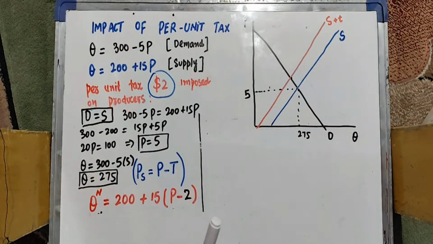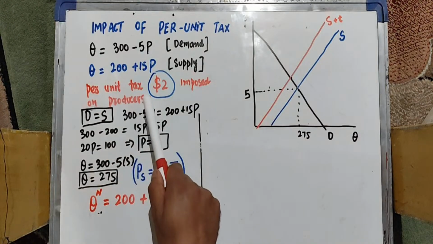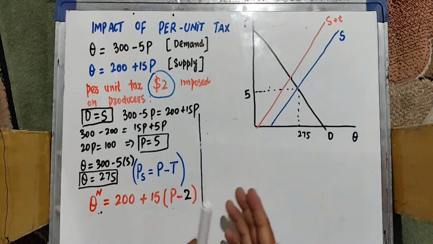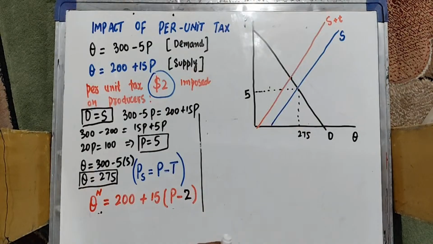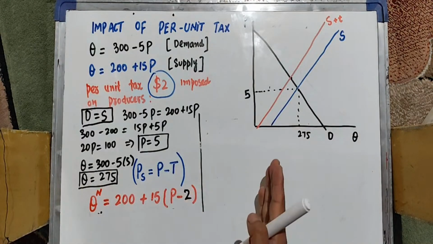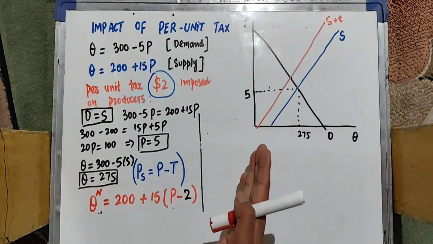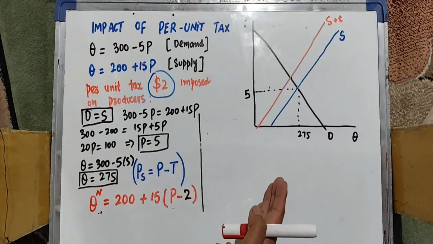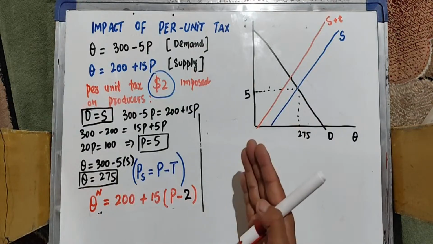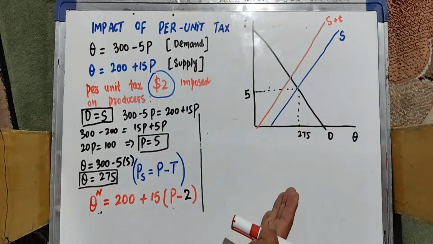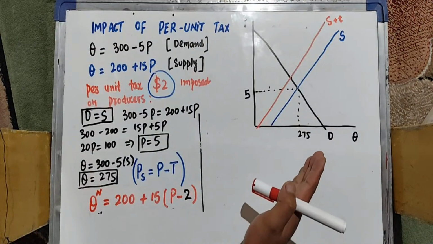After that, we were told that a per unit tax of $2 is being imposed on the producers. Now, what will be the impact of this per unit tax on the producers? Obviously, the tax will affect the supply side of the market. If a per unit tax is imposed on the producers, the supply side of the market will get affected. That will increase the cost of production for the sellers,